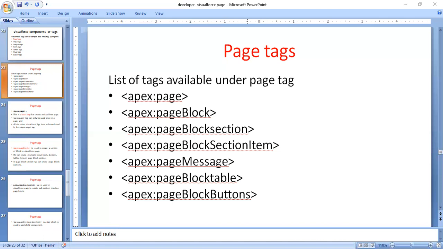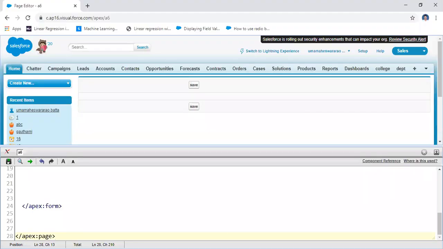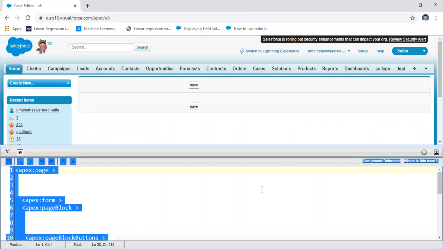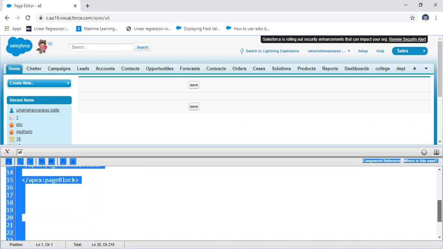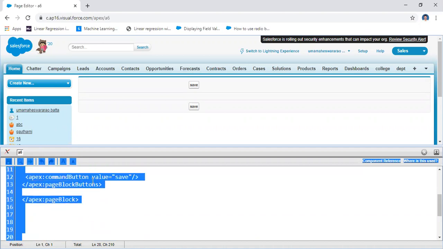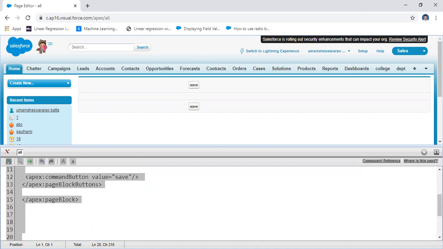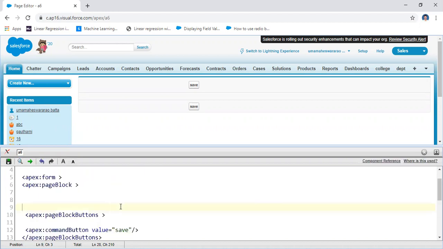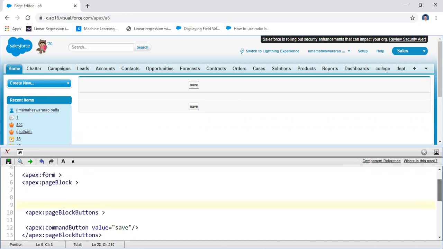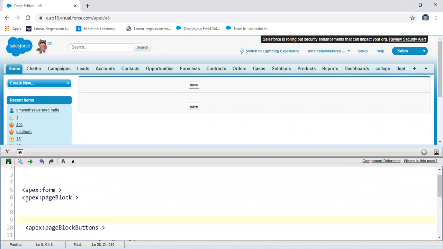That means you need some greater than, less than value. You will write the page block. Under the page block only it will validate. For example, first I need to write the page block.